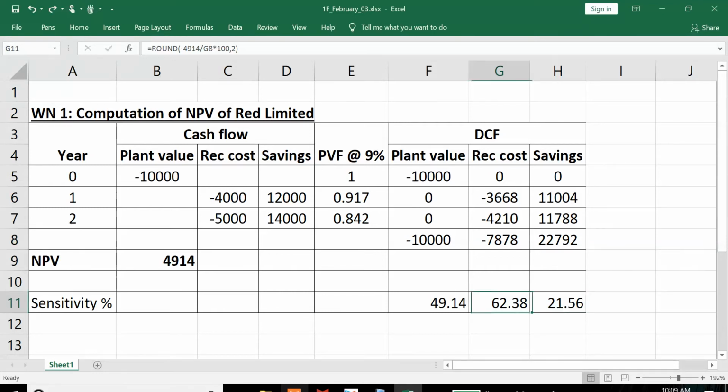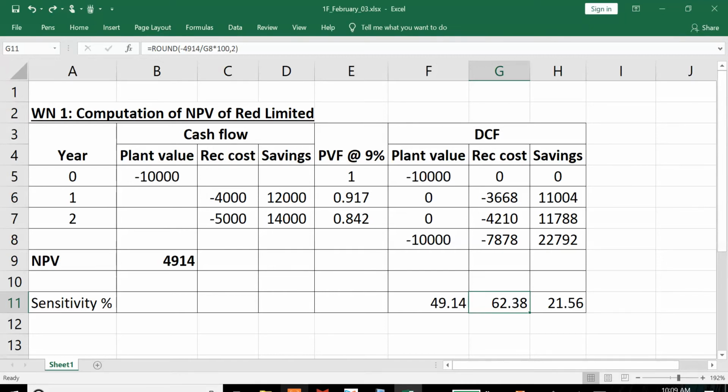If you see here, I have these three percentages. Now, if there is a 25% increase in initial outflow, project will still be accepted. If there is an increase in cost by 25%, project will still be accepted. But if there is a fall by 25% in savings, project will get rejected. The project is most sensitive to savings factor. It cannot absorb a 25% drop in savings, but it can absorb a 25% increase in initial outflow or the